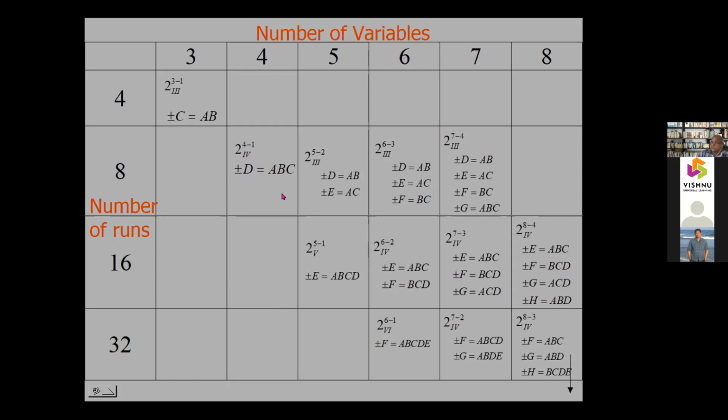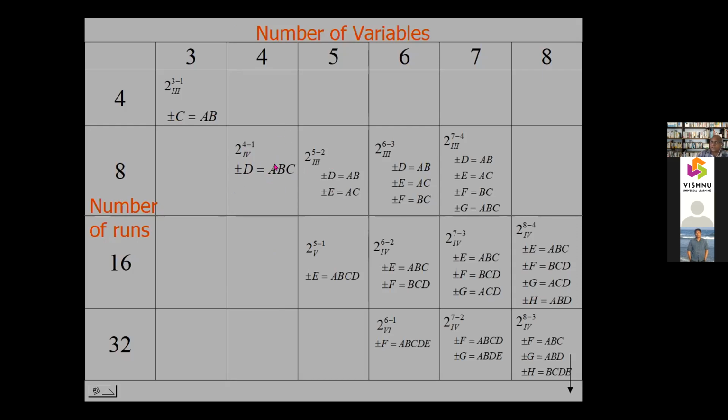So 4 factors, 16 runs. It is full factorial, no problem. You can safely do it without any difficulty in interpretation. But the number of runs, you have to do 16 trials. But if you go for 8 runs, you reduce the experimentation by half, but then there is some risk.